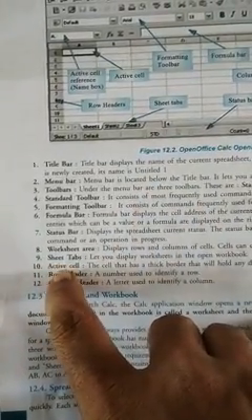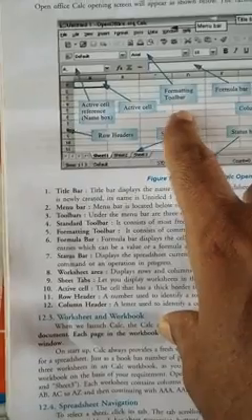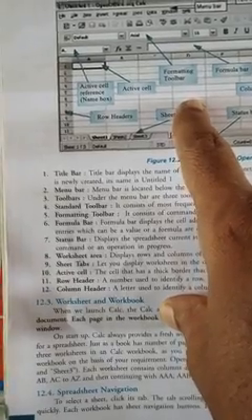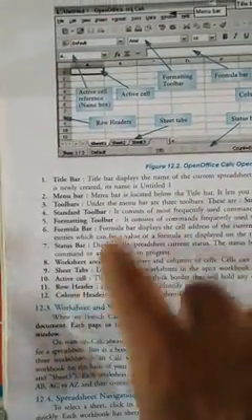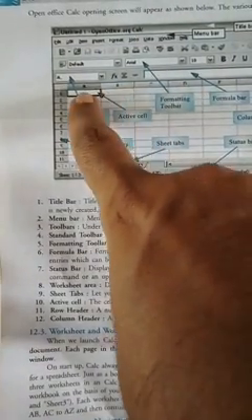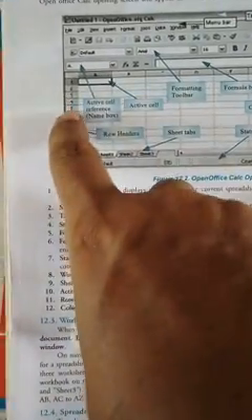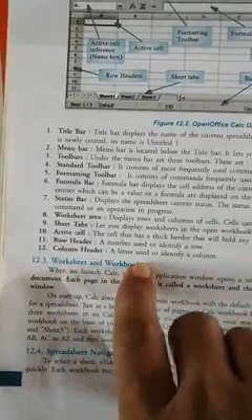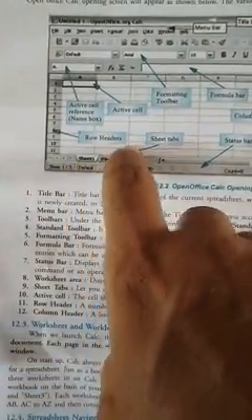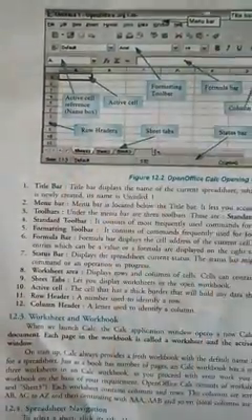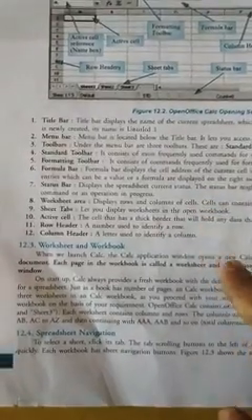Next is the active cell. The cell in which your cursor is placed is known as the active cell. The A, B, C are the column headers and 1, 2, 3, 4 are the row headers. Now workbook and worksheet: these are the individual worksheets and the whole thing is known as the workbook.